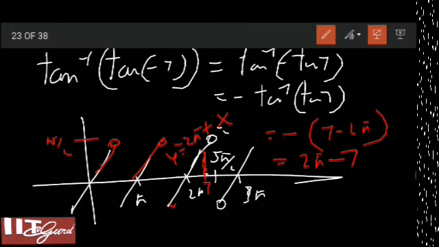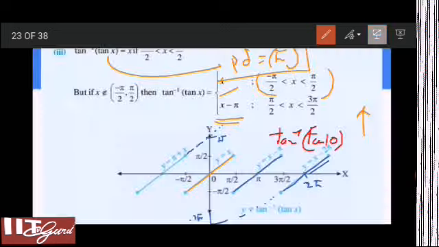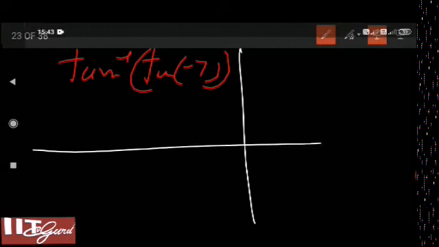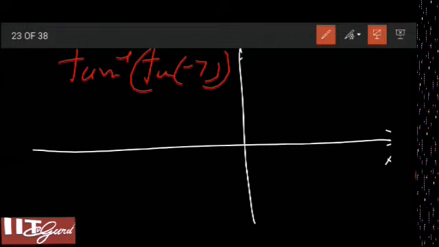This can also be evaluated by directly jumping to minus 7. Let's see how. Suppose we are interested in finding tan inverse tan of minus 7. Let's draw the graph of tan inverse tan x, and then we will go directly to the minus 7 position. So we have to consider a negative zone. We will extend more in the negative region. This is the x-axis, and this is the y-axis. So the graph is like this, y equal to x line